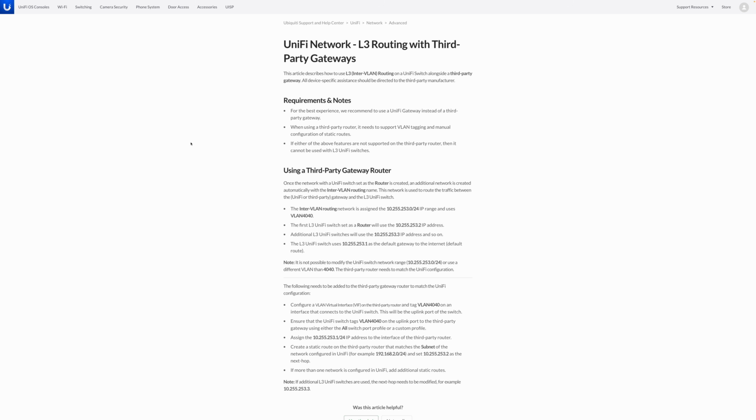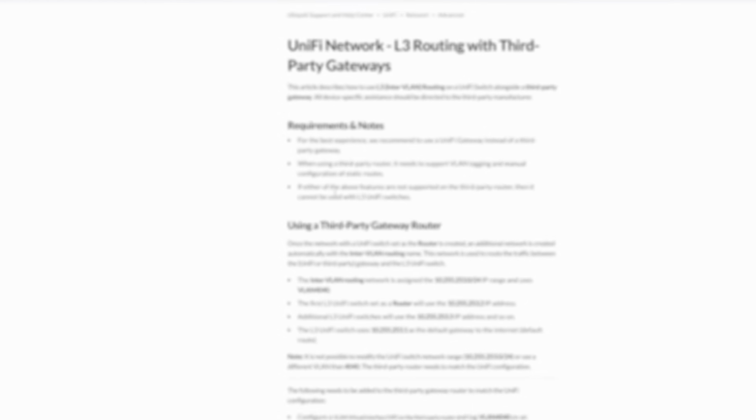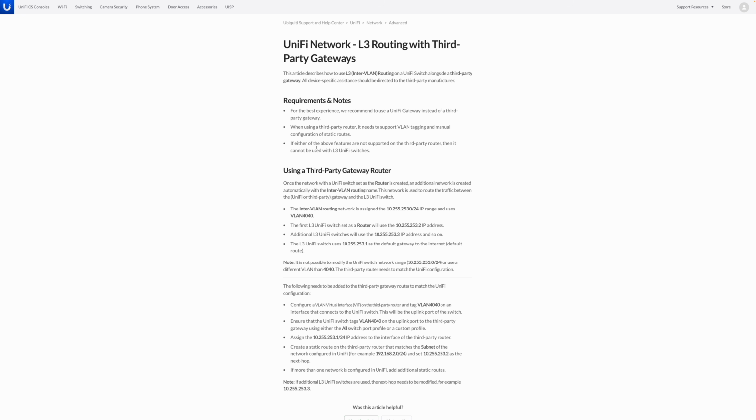During my preparations for this video, I had an interesting finding that now Ubiquiti has an article about UniFi Layer 3 routing and third-party gateways. Even though from this short article, I haven't seen anything that I didn't know or did not mention in my previous videos, at least the existence of this article means Ubiquiti has realized that a lot of users are not